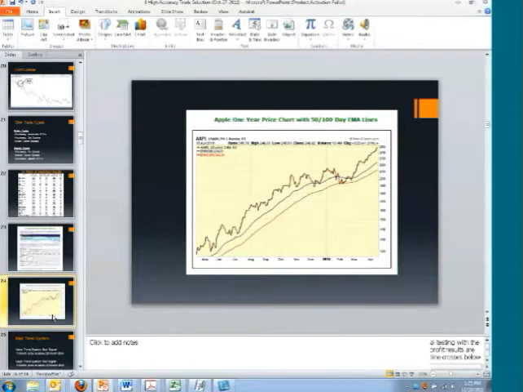And here's an example for Apple. This is a 1-year price chart for Apple stock with the 50-day EMA, which in the StockCharts platform is this blue line, and the 100-day EMA is the red line. So it's easy to download these moving averages from